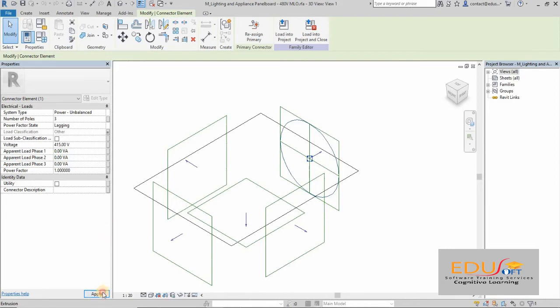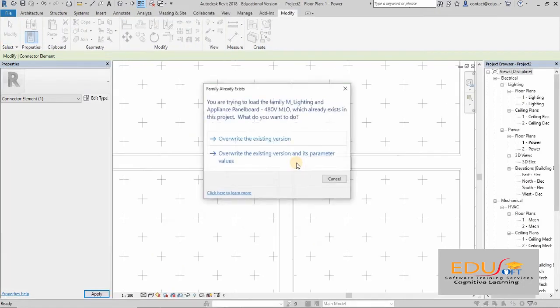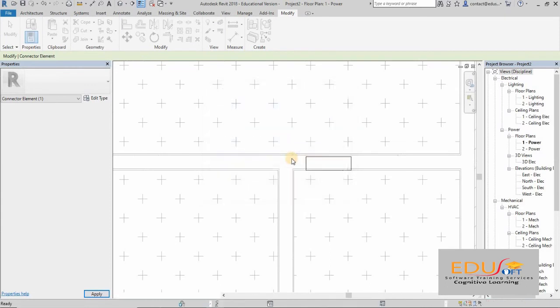Once you apply the value, load this family into our project and overwrite the existing version and its parameter values.